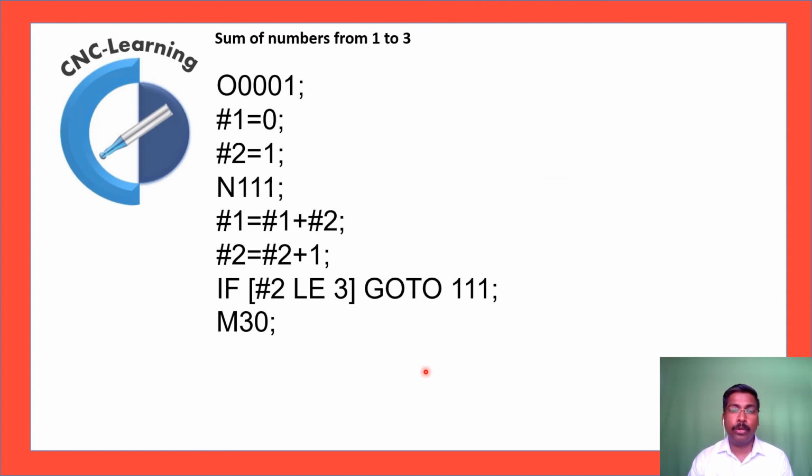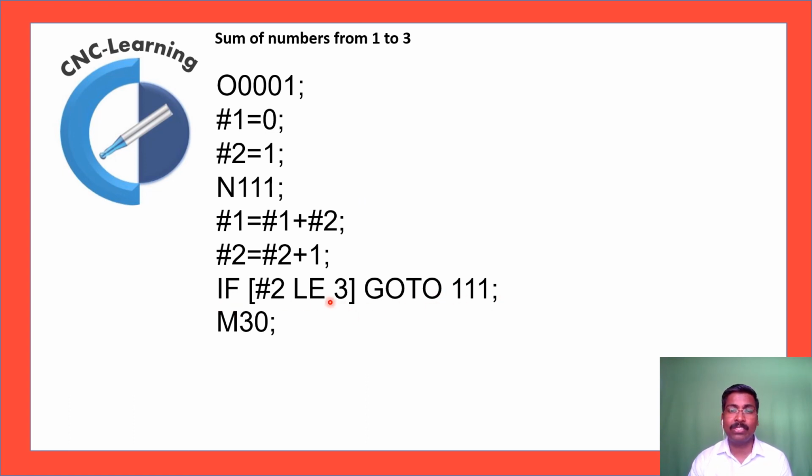I already told you that the if statement can be used in 2 different ways. One we have already seen. This is the next alternative way of using the if statement. If you remember, what we have done earlier was the if statement was given in the beginning of the program. And now in this case it is used after the program.